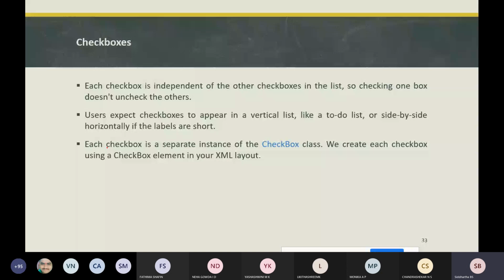Each checkbox is independent of the other checkboxes in the list, so checking one box doesn't check another box. It means that if you click on one checkbox and then click on a second checkbox, the first checkbox will not be unchecked. It will also remain checked.